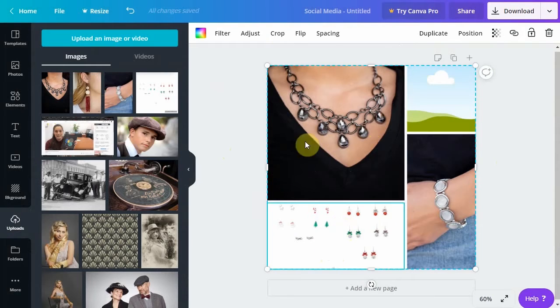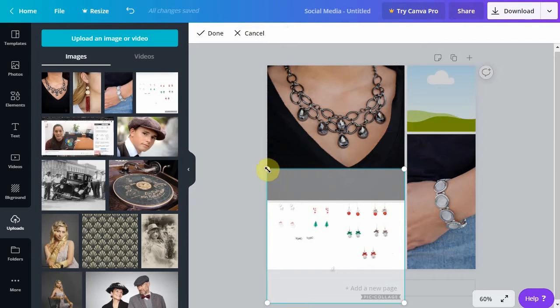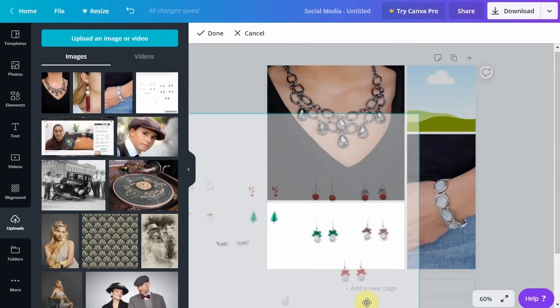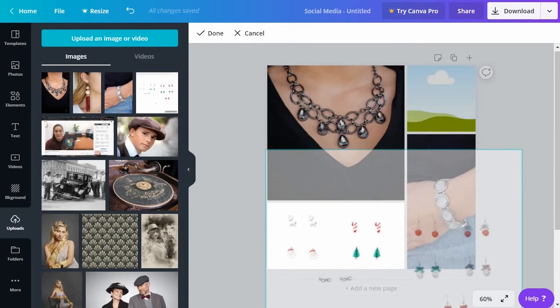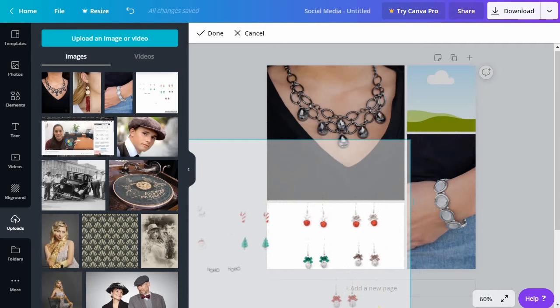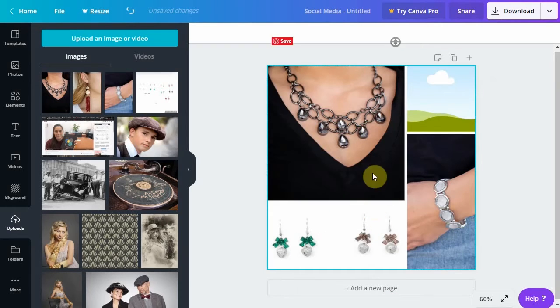When I click on the images, you can see that when I'm clicking on just one, I'm actually editing that one photo, even though the whole grid is selected. But you do want to be careful and make sure that you don't accidentally delete the grid or something if you're trying to take a photo out. So I'm going to click on this photo because I want to crop it. And I'm actually going to zoom a little bit so that we can see these a little bit more closely. Okay, so I've picked 3 photos, and usually I would drop a logo into the 4th or wherever grid,